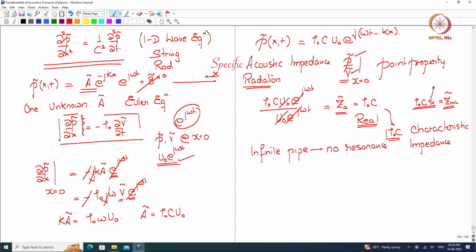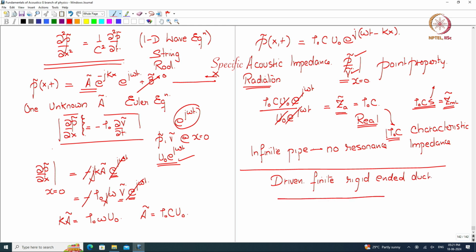Okay. So, one more case we look at is a driven, so driven meaning piston driven, finite, rigid ended duct or pipe. So, I have a pipe of length L, let us say,